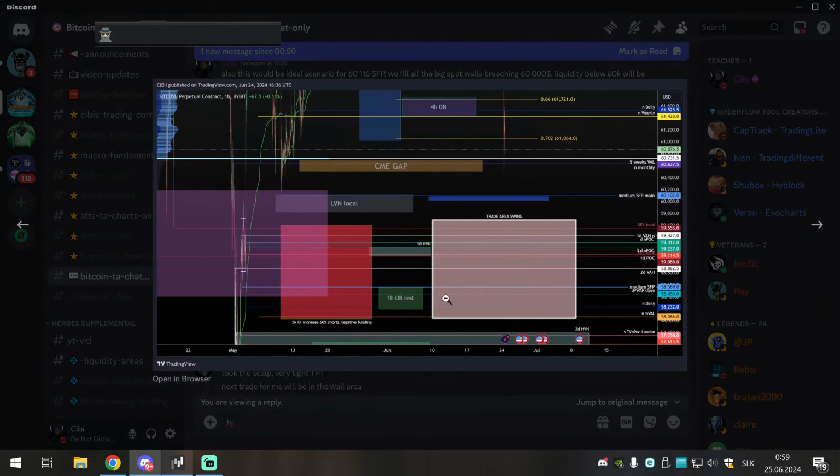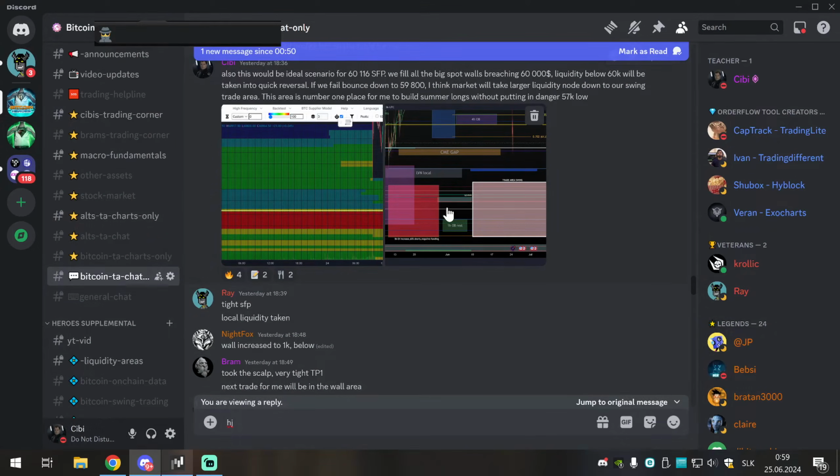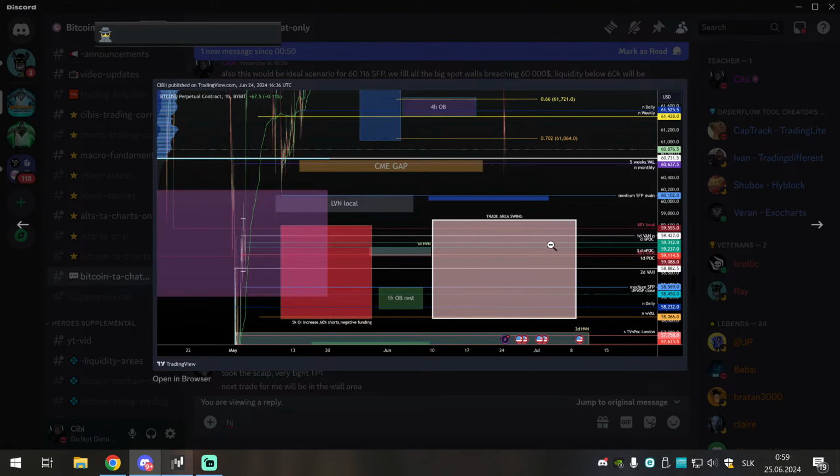Okay, very clear boxes waiting for us here. We will do trading at 60k. Yes, if it fails, we will be getting into the box and we'll be trading inside the box. The box is very wide, so you need order flow for your entries, but you know you are in an area of interest. Even if you are bad at scalping, you can have multiple limit orders in the box, a wider stop loss, beyond the 57,000 lows, and you will be playing it just as pure swing. Low leverage, very wide stop loss, and you let the market breathe.